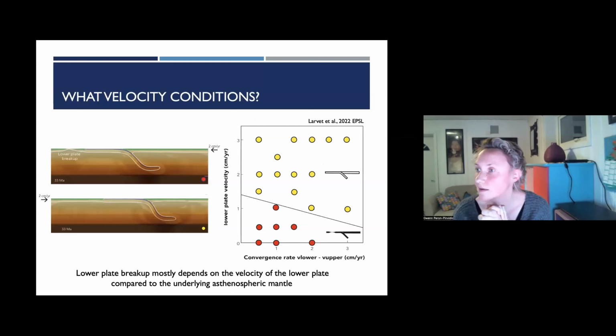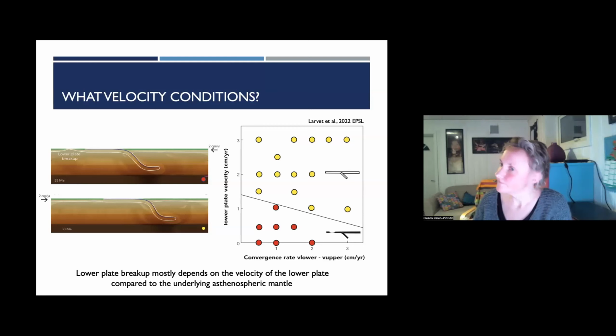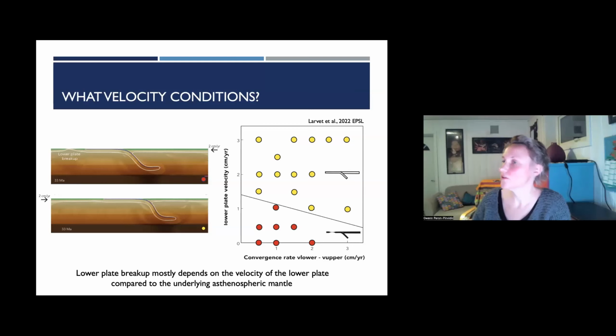Yes, I tried having a velocity decreasing until 0. And it depends on whether it will lead to continental breakup within the lower plate, but it can also lead to continental breakup within the upper plate in this case. Interesting. Okay, so it does have an impact.